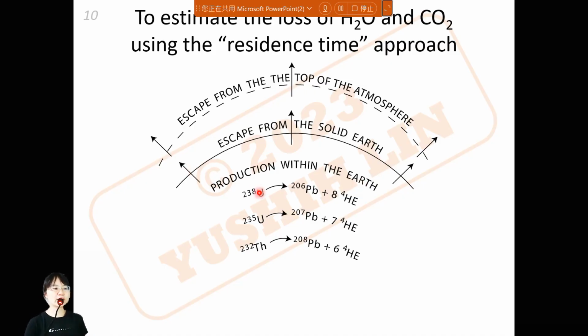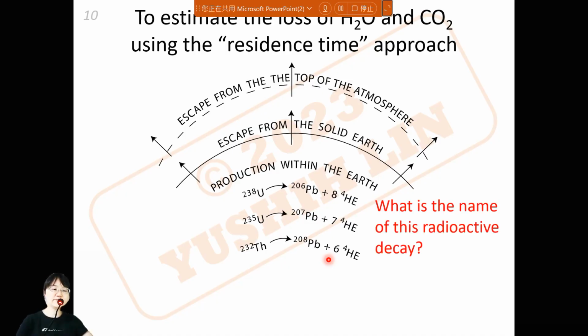And then we also know the production rate within the Earth, especially helium. Helium-4 on Earth is not from the solar nebula. Helium-4 coming from the solar nebula is long gone, because our Earth is not massive enough to keep this gas. So the helium-4 you see today is produced from rock. In rock, we have radioactive nuclei, uranium and thorium, and these will undergo radioactive decay to form lead and helium. So you see the production of helium is quite substantial.